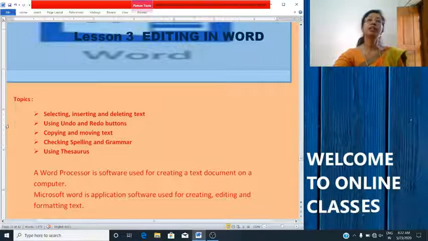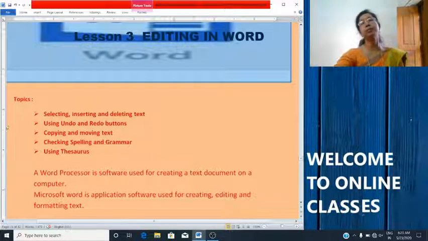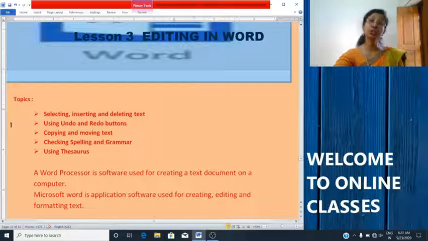You learned that a word processor helps in typing, formatting, editing and printing text documents such as letters, reports, memos, stories, etc. So, word processor is a software. You can use it to create a text document in a computer.